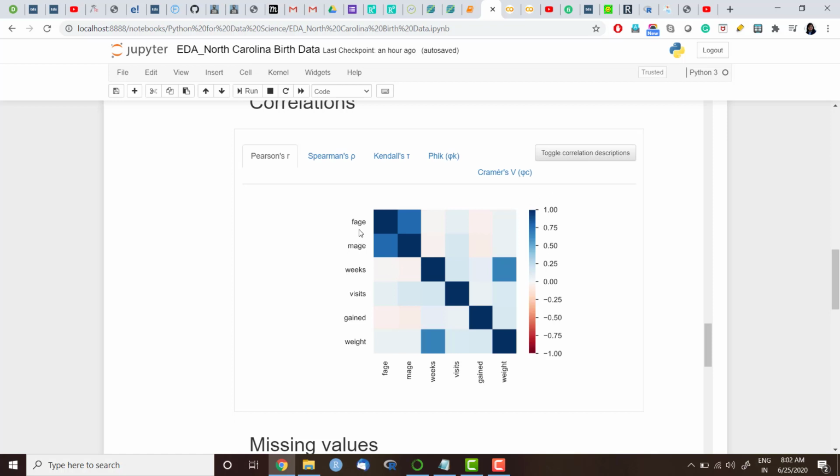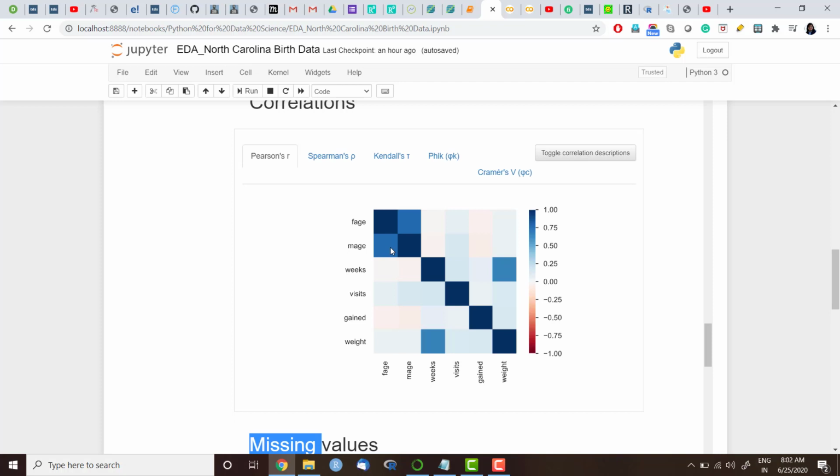So for example, we see here the dark color on the diagonal represents the perfect positive correlation 1, because on the diagonal we have the same variables like f age and f age, m age and m age, so we have perfect correlation here. And we have the highest correlation between these two variables, f age and m age, and here also the same information. So father's age and mother's age are highly correlated.